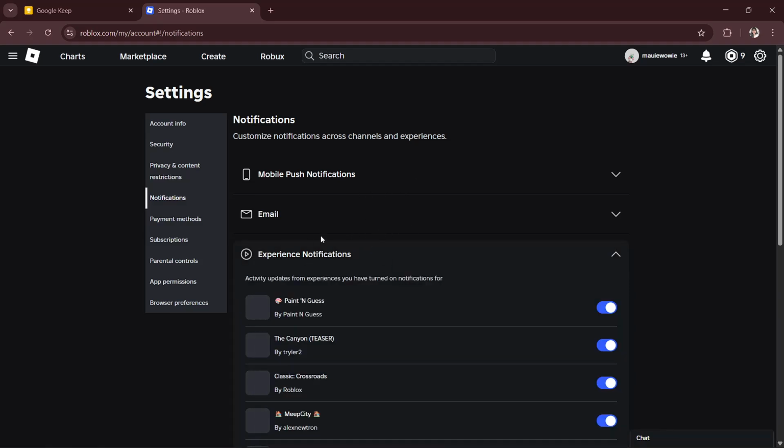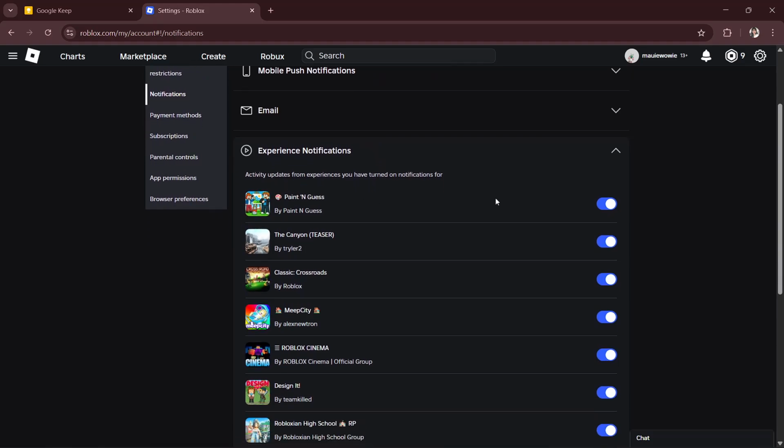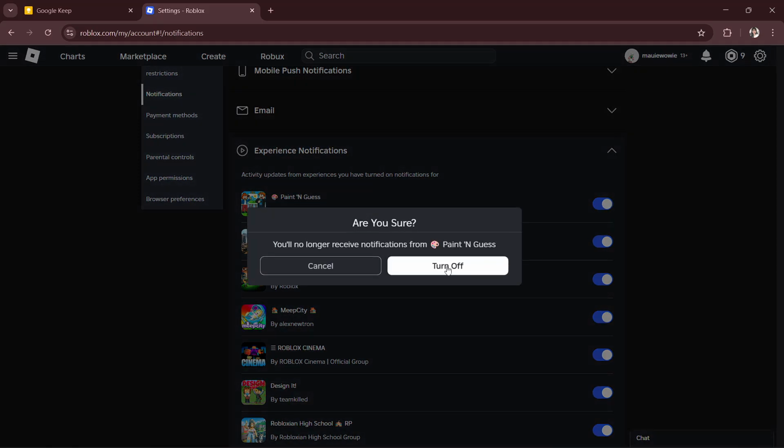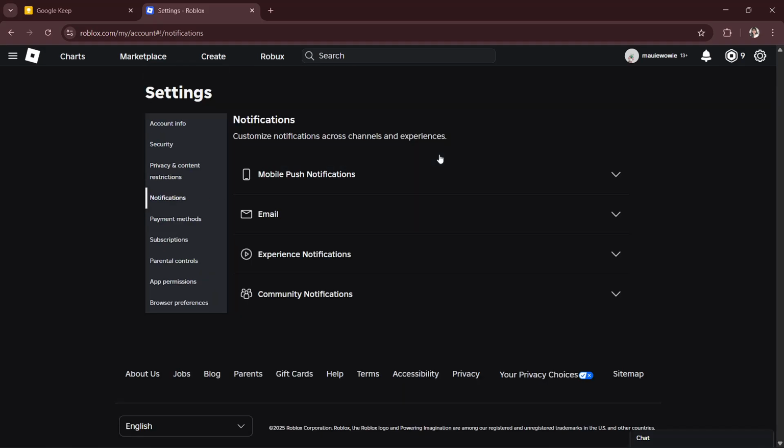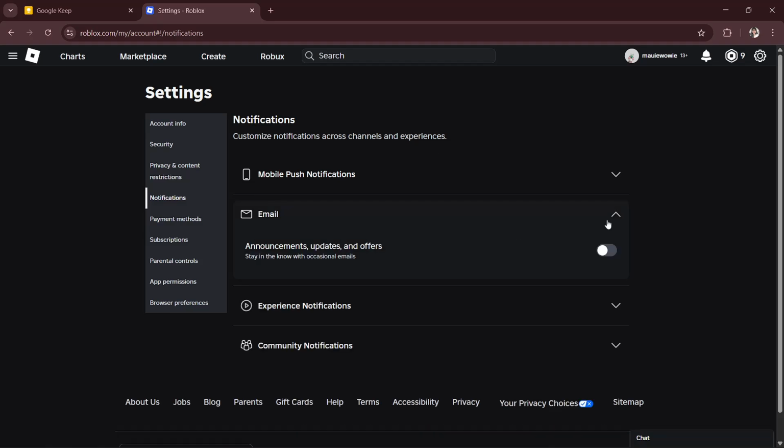So for example, for experience notifications, you don't want notifications from this game. What you will just have to do is disable it. So to confirm it, you will just have to click turn off, and you won't be receiving any notifications from that game again. And for your email, it's up to you if you want to enable announcements, updates, and offers